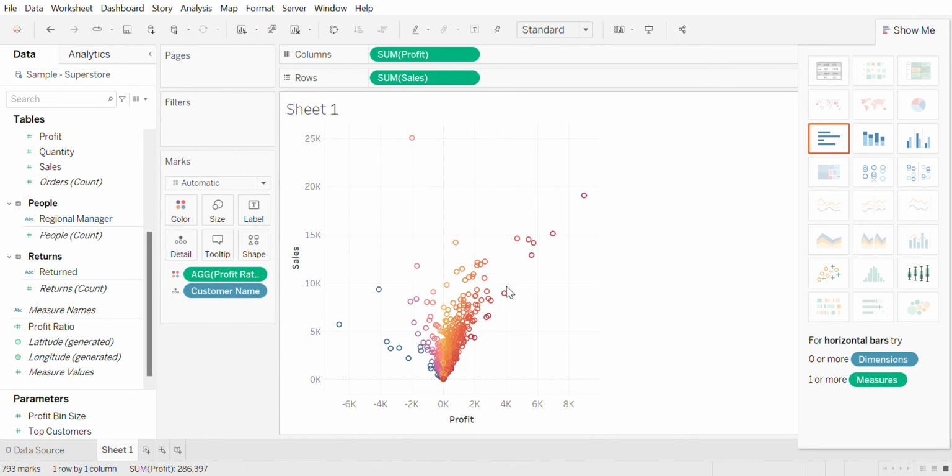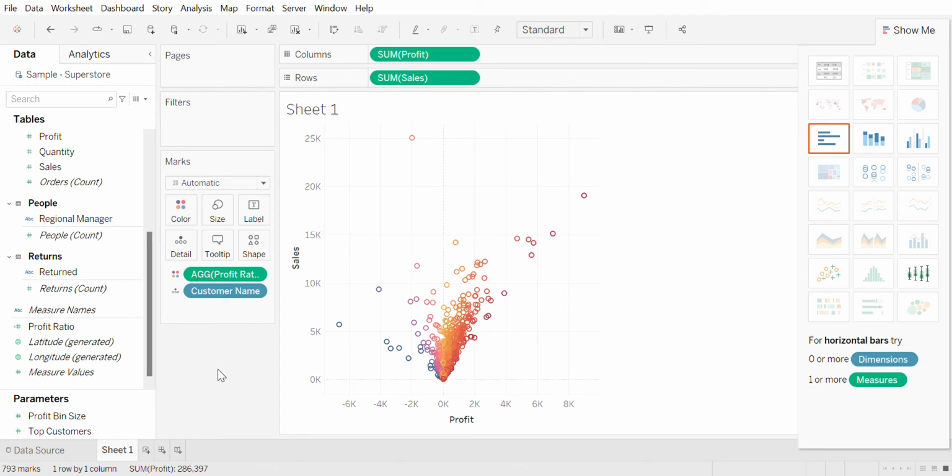This is a sheet, and you can make multiple sheets and put them all together in a single dashboard, so that it looks more compact and gives a clear picture of all the different combinations and visualizations you're doing. So for example, here we have made a single sheet. Now if you make more sheets, with different data and different charts, you can add all of them to a single sheet known as a dashboard.